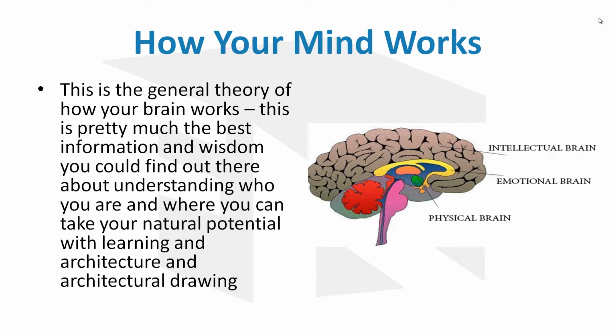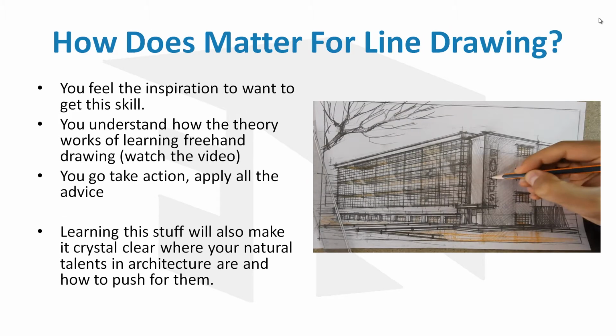So surprise, surprise, you've got 3 brains in one, right? That's very nice to hear. Basically, the way your mind works is you've got a physical brain, an emotional brain, and an intellectual brain, and they work together. Does this matter for line drawing? Of course, because you first need to feel the inspiration to do it. Then you understand the principles, the intellectual principles, and then you go and take action and apply the principles and